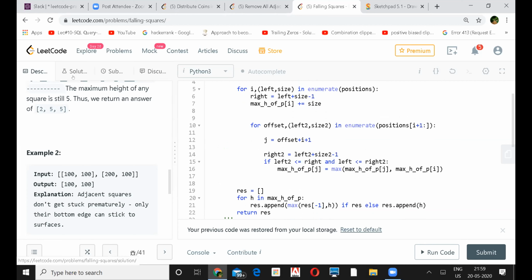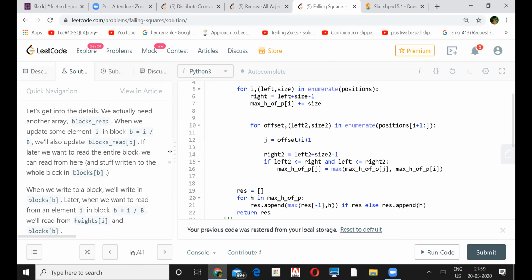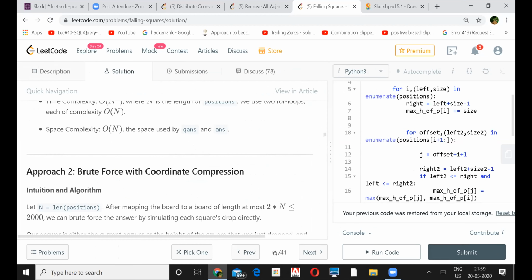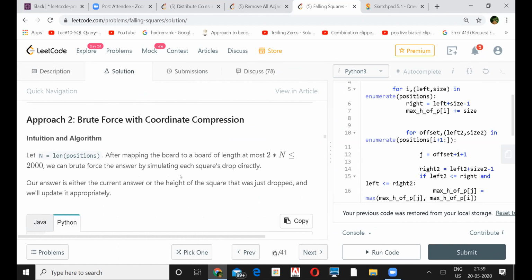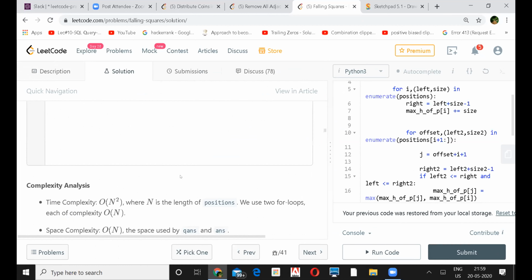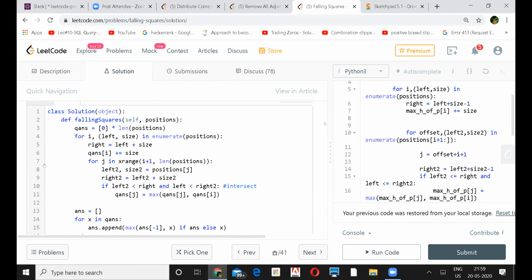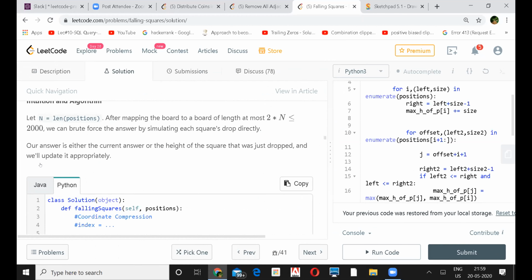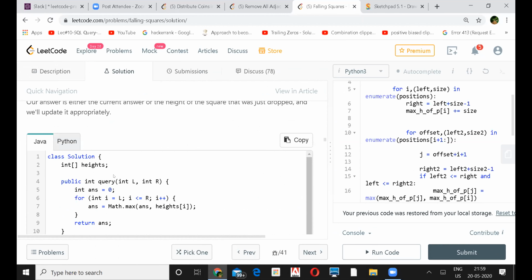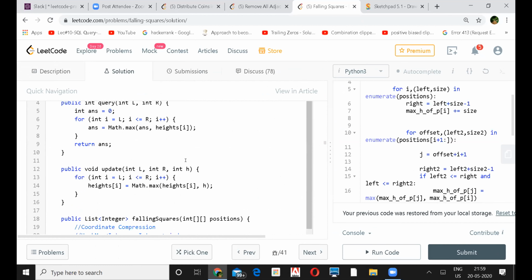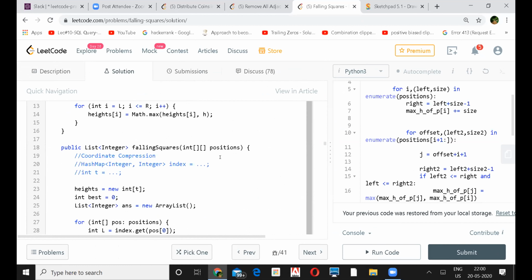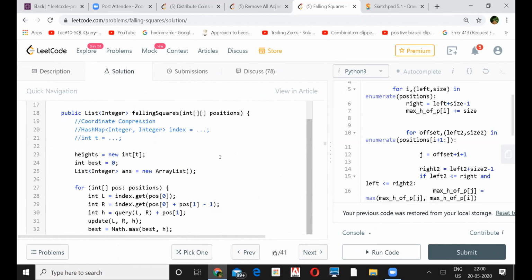So if you look at the solution, something they are given like query and update, right? I was trying that. Because I didn't understand what is the value of sum way, if you just go to the Java section, I would say. First one. The second one. Compression. Yeah. The second one. And if you slightly move down, in the failing square, yes, go down here. When in the heights, okay, if you see new int t, right? So this, I didn't understand the value t. What is the t value?